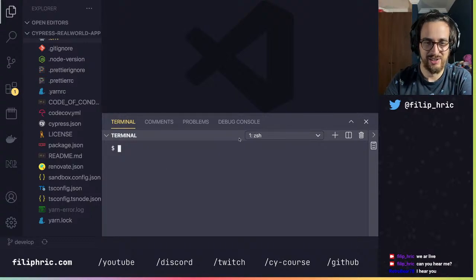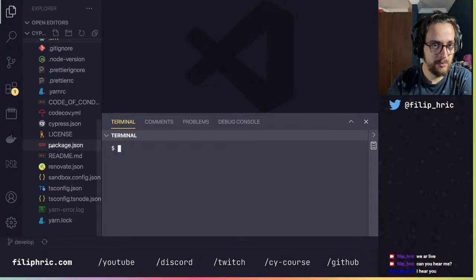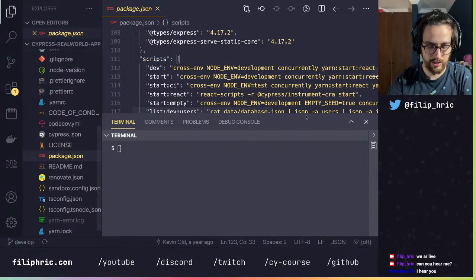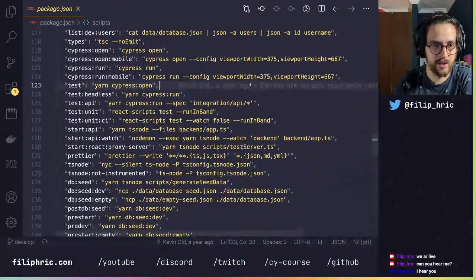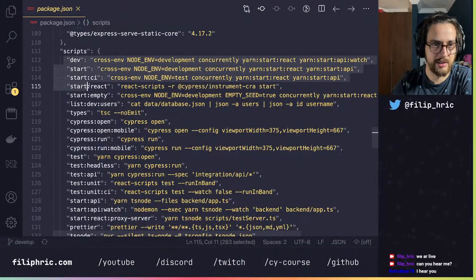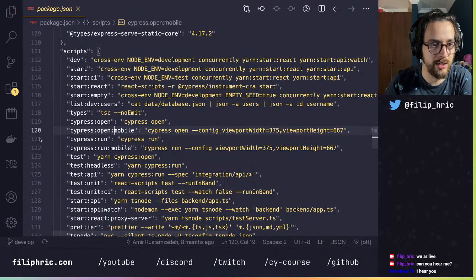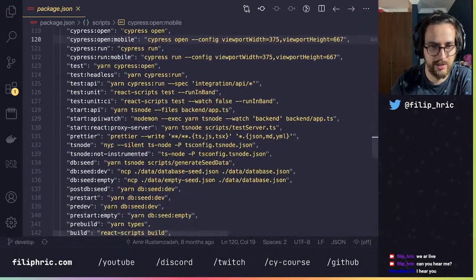Since I have already done that, I'm not going to repeat that, but let me look into package.json and see what's in here, because there are a lot of scripts that we can use. And I'm on develop branch, so we'll see how that goes.